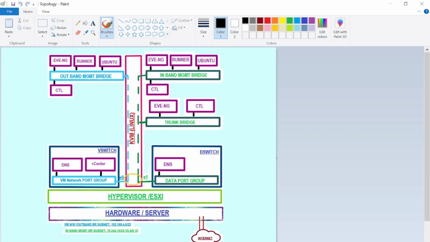Now our goal is to add the nodes inside this EVNG so it can communicate with others, for example with the runner machine in future when we'll be doing the CI/CD pipeline, or even with the controller VM for SDN. But this will be a simple video. We'll be just adding the images. So let's start